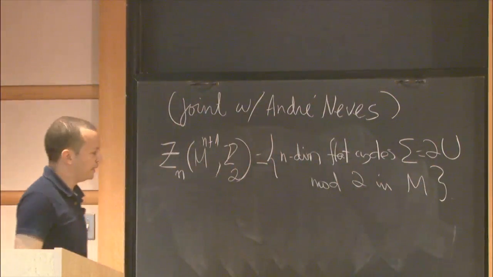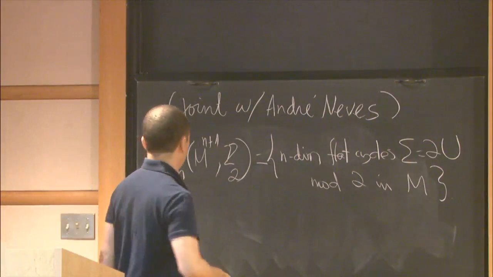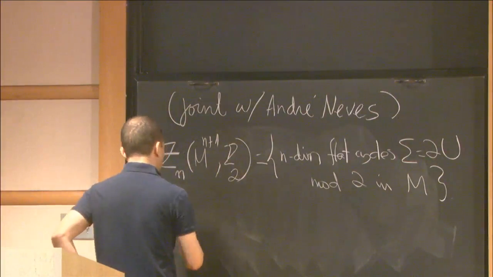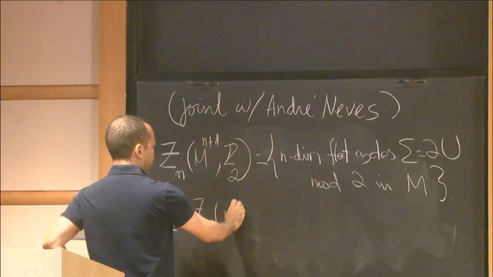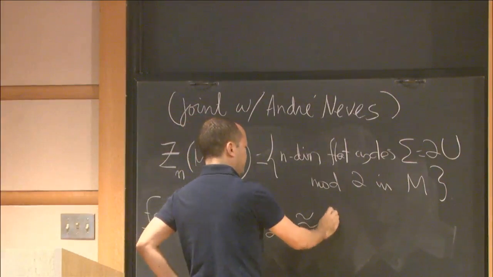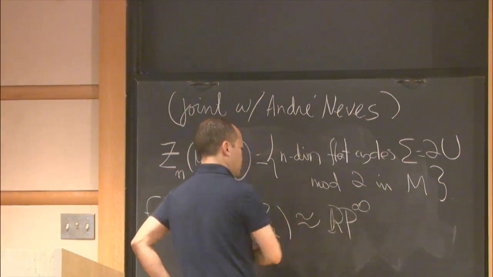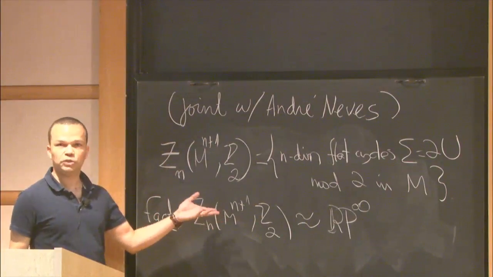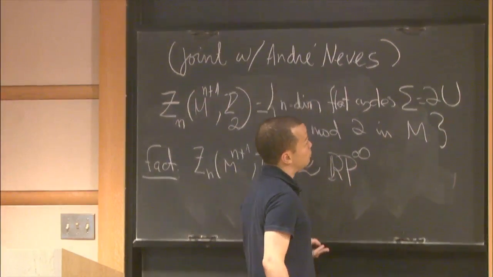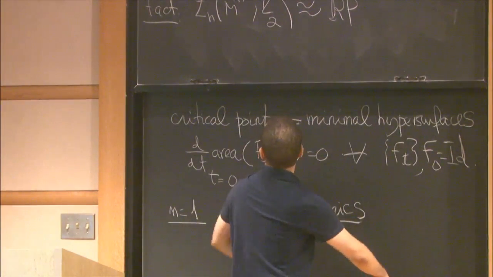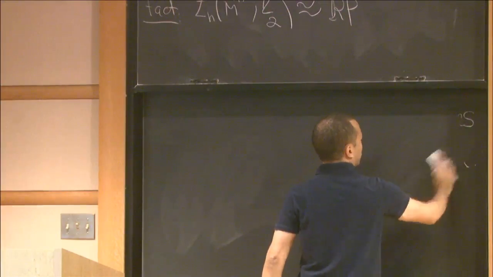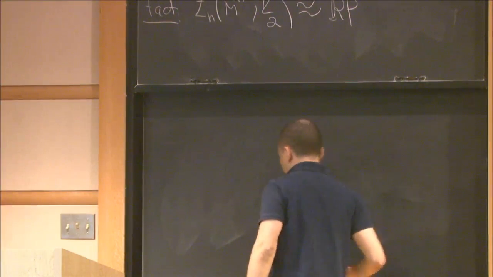So if you look at the space of all hypersurfaces, they might be unorientable. And the point is that by choosing coefficients modulo 2, the space of cycles turns out to be weakly homotopically equivalent to RP infinity. If you take integer coefficients and the manifold is oriented, by contrast, you get just a circle. Okay, so you get interesting topology by working with coefficients modulo 2. And there are two ways of seeing this. This actually follows from a formula proven by Almgren.